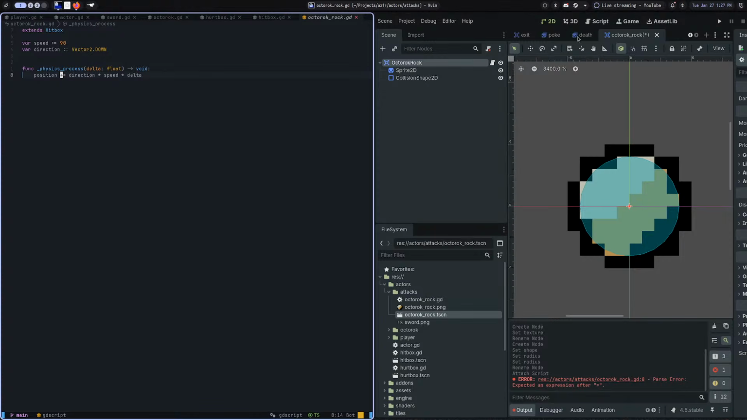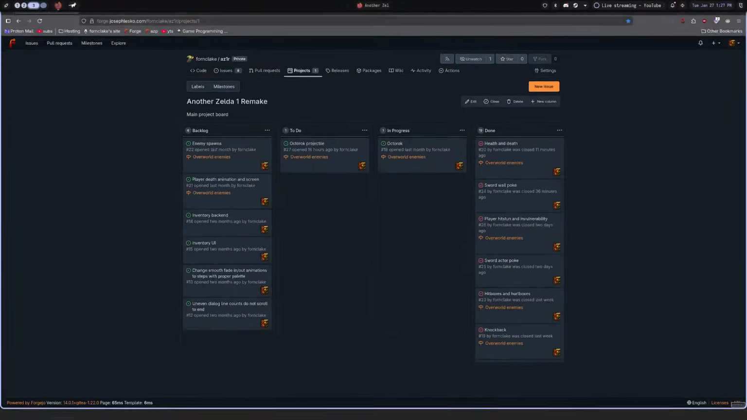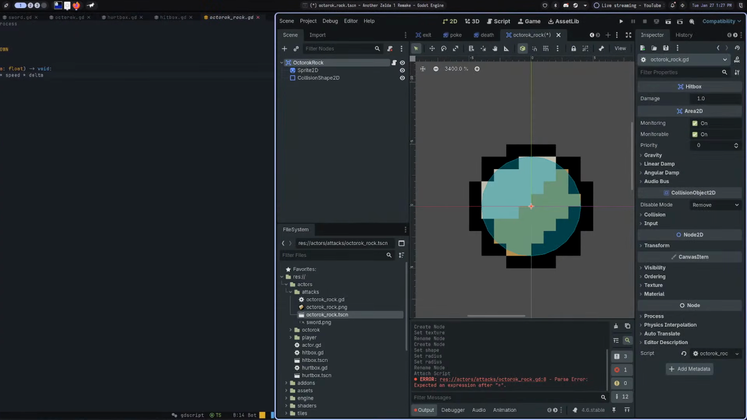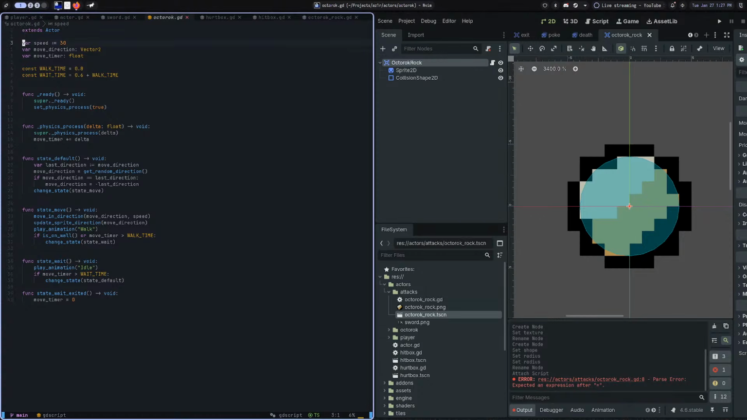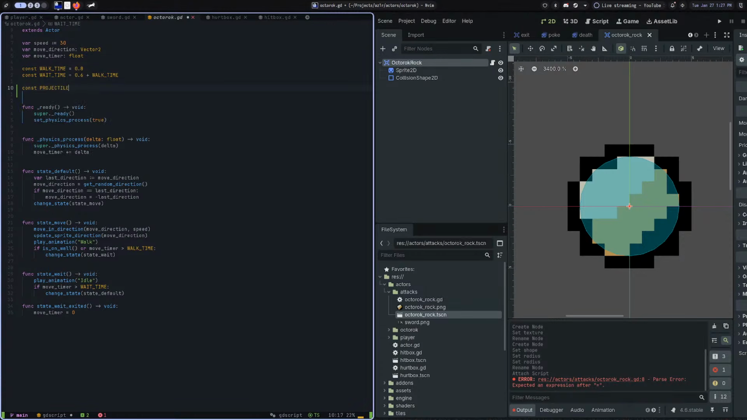All right, we gotta make this rock from the Octorock. Octorock rock. Yes. So we'll say at the end of state waits, we'll call it for now. That's probably not where it's gonna be. We're gonna add another time that the timer will use. But for now,